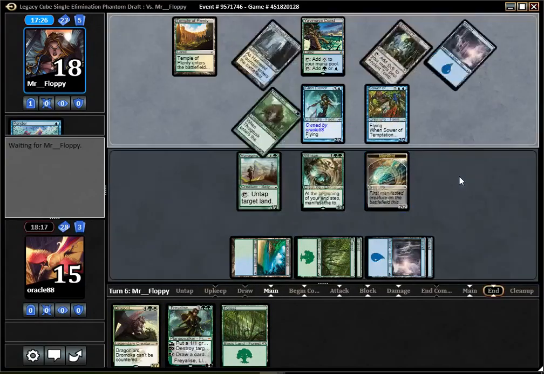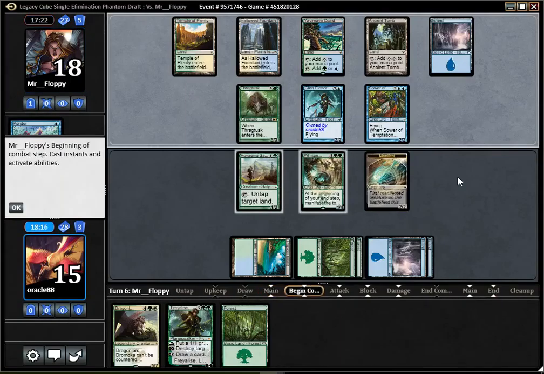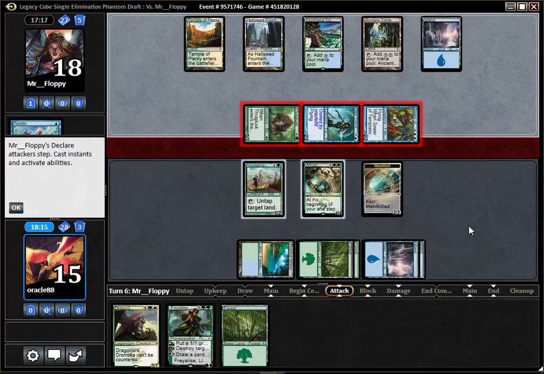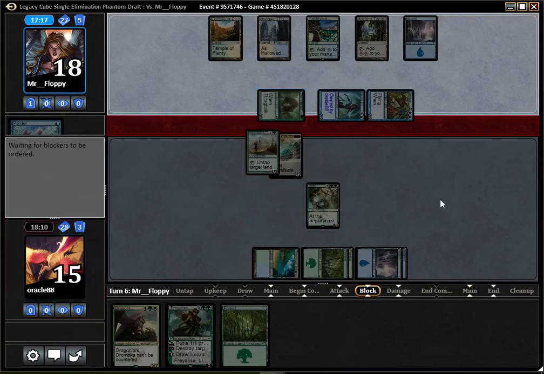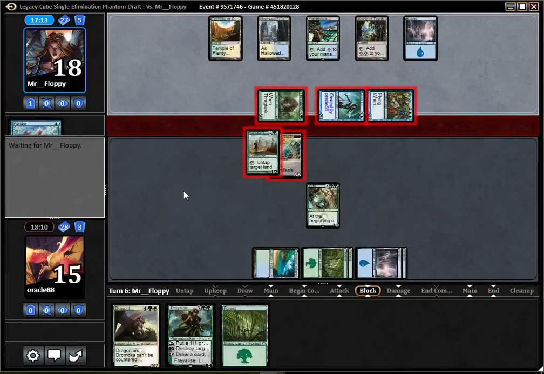Sunpetal Grove, alright. I do have a 2-2 that does nothing else. If my opponent attacks with Thragtusk, I might just double block with the Manifest and the Sadir, as I don't really need those. Don't really want to take 5 for no reason. Yeah, I think it's fine. I don't want to lose my Whisperwood Elemental. And I just don't need the mana from the Sadir anymore, so...